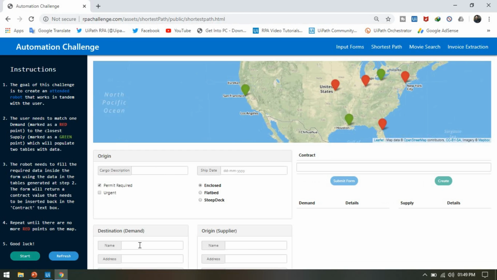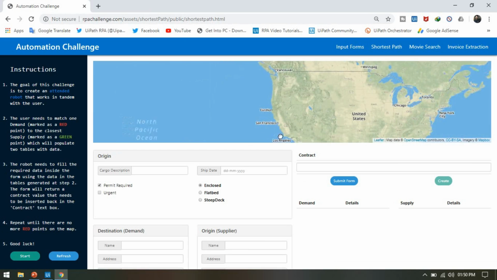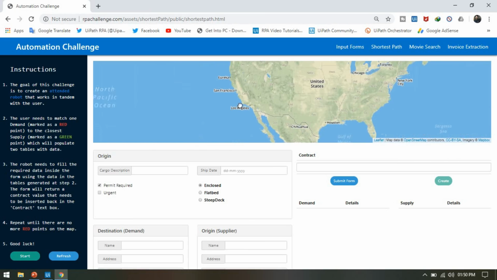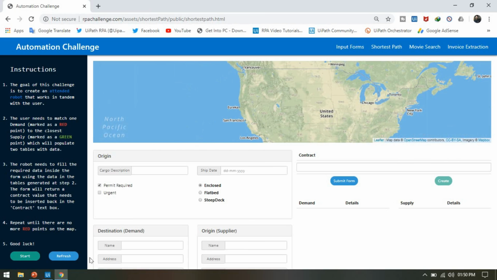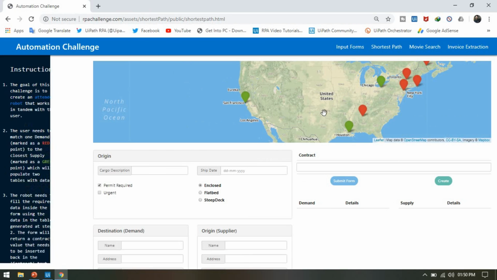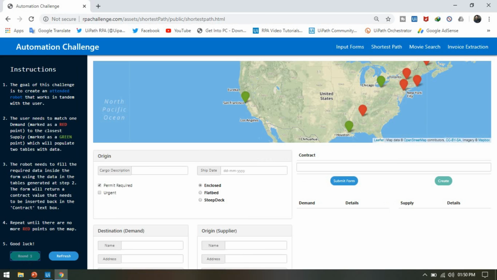We need to click refresh until we are getting these options and we are able to click on this start. Once we click start, you can see here I clicked on this start, but all these red points and green points have gone. So again we need to click refresh. Now we'll be getting them here. Now again we'll click start.